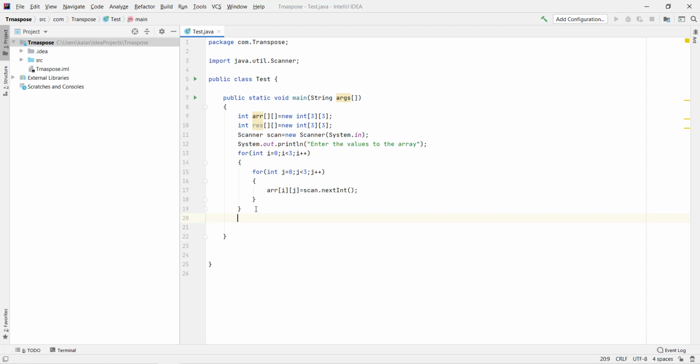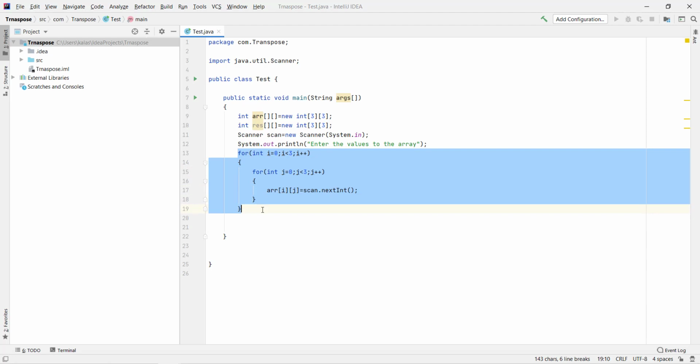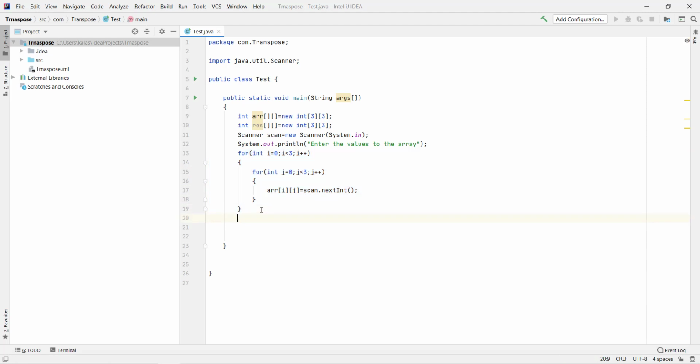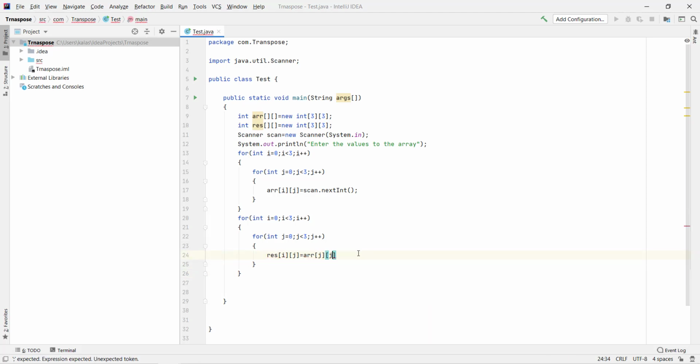Now I need to make this array as transpose. To make that transpose, I need to interchange the rows and columns of this array. Let's write that code. For the other array, I am storing my old array by exchanging the rows and columns. This will give us a transpose matrix.